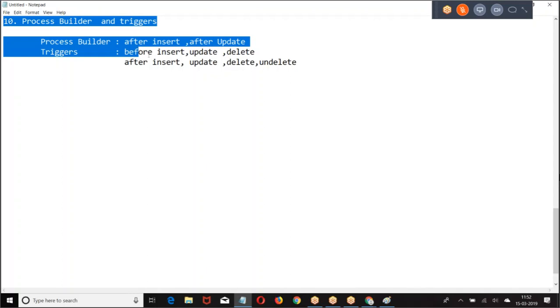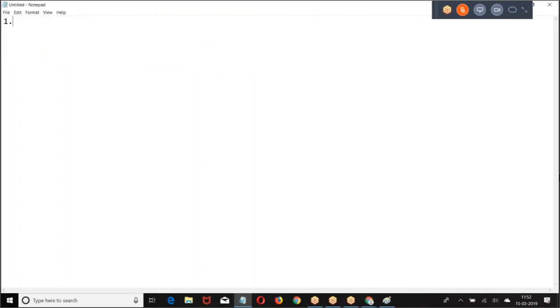Everyone, write this code. Create a trigger on the lead object.